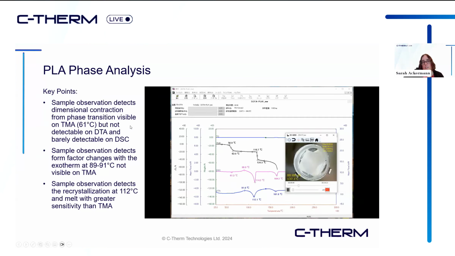a small event is first visible around 61 degrees C. This is visible both on DSC and TMA, but not on DTA, but it was visible on the sample observation. We can also see the exotherm at around 91 degrees. This was not visible on the TG. And then we have the endotherm at about 112 to 114 degrees, which is